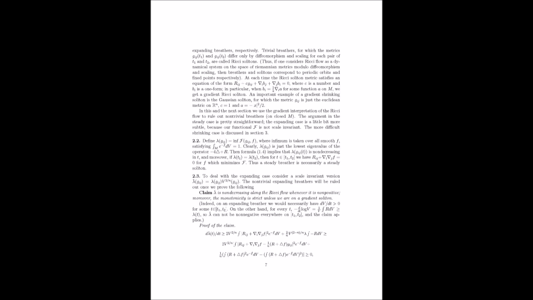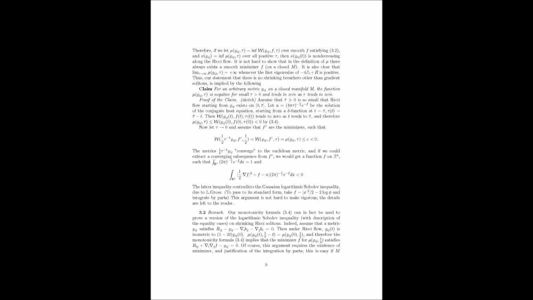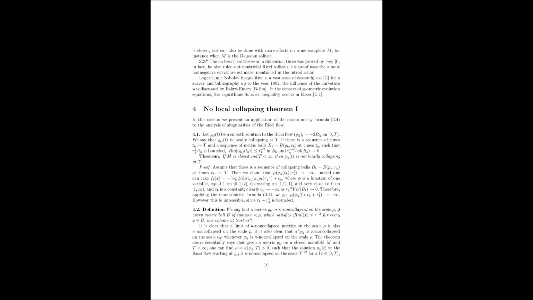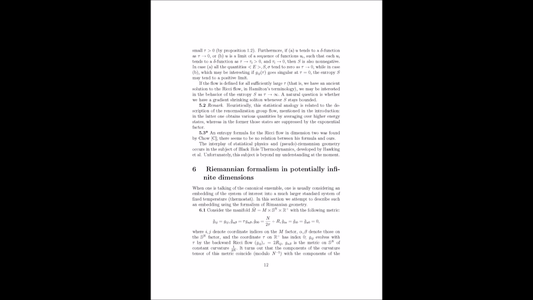Well, it allows Perelman to give a geometric interpretation to these formal expressions that arise in the statistical mechanics analogy. He constructs a specific metric on this larger space and shows that its curvature components are actually related to Hamilton's matrix-Harnack expressions. Hamilton's matrix-Harnack expressions. Refresh my memory on those. Right. Those are these inequalities that describe how curvature evolves under the Ricci flow. They play a really important role in understanding how those singularities form. So we're translating the language of entropy and energy into the language of curvature and metrics, but in this much more abstract, infinite dimensional space.